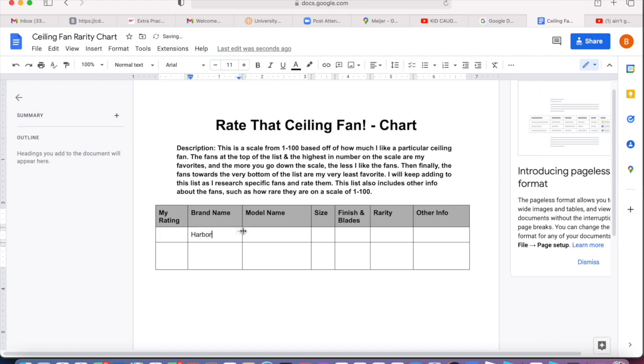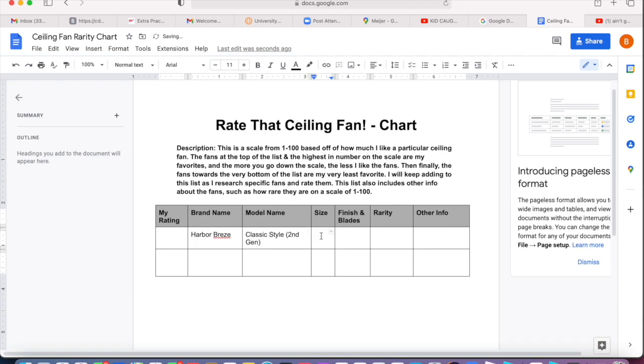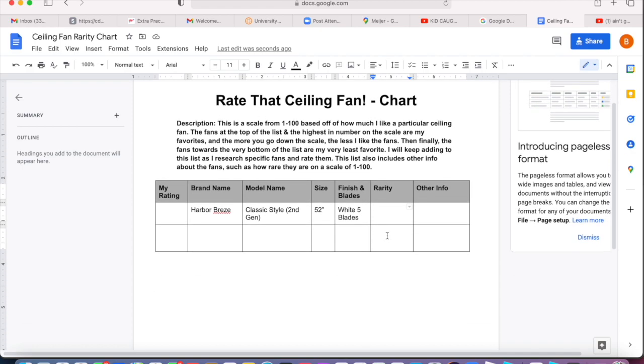We'll first just quickly fill out the style, second gen, 52 inch, just the basic 52-inch white one, white with 5 blades. Obviously classics were never made in 4 blades, but some fans have different blade amounts too, so that could depend as well. So rarity, that's a tricky one if we're talking about rarity for this fan, because one